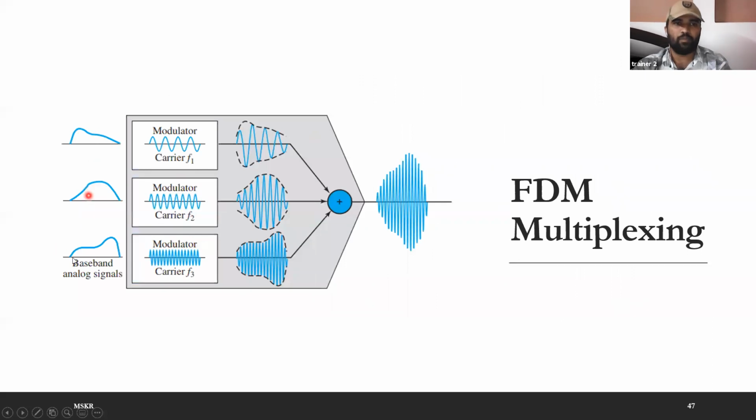So these three people are generating signals in the same frequency range, that is, let's say, 0 to 20 kilohertz. Now you are using 93.5 here, 98.3 here, and 102.1 here as your carrier signals, and you are going to modulate your low frequency signal by using this carrier signal like this. Okay, and this second one is like this, and the third one is like this, and you are going to simply transmit them, where when they move to the same medium, they are going to combine. There is no need to use another device to combine.